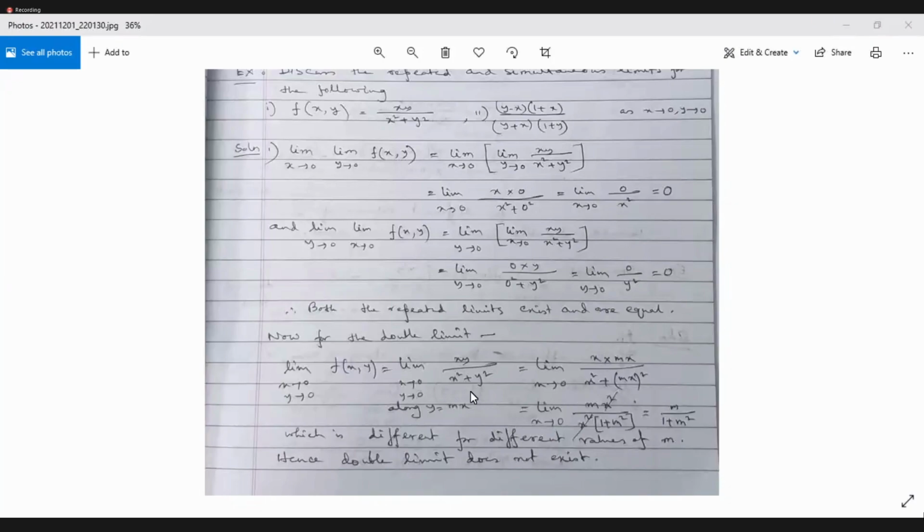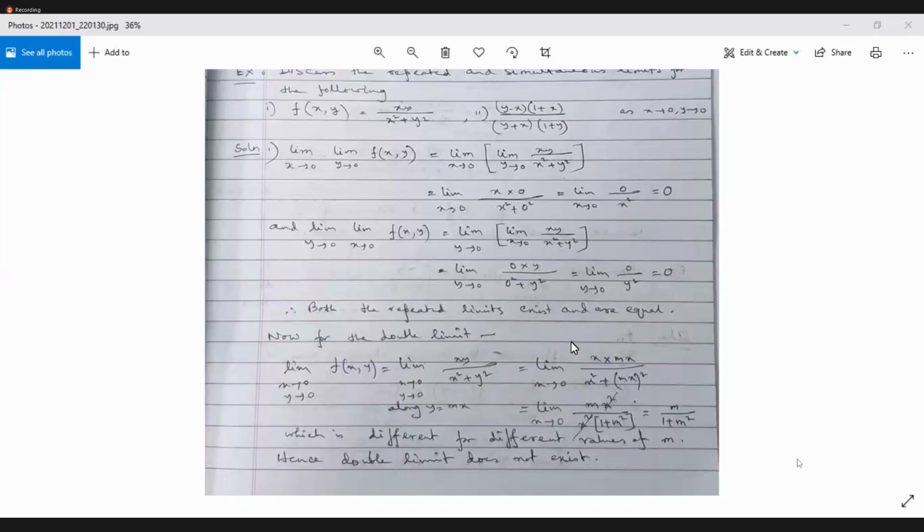Now, you can understand that if you choose the line as y equal to x, then it's not that we can stop at one or two paths. It may happen that along two paths the value is the same, along the third path the value is different. That's why I'll suggest you choose the line as y equal to mx. Choose the line as y equal to mx and put it here, find the expression of the limit.